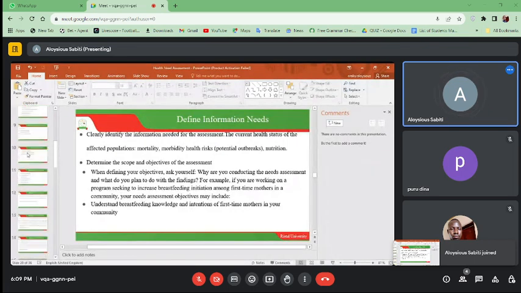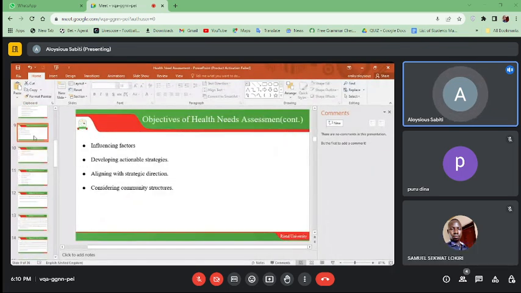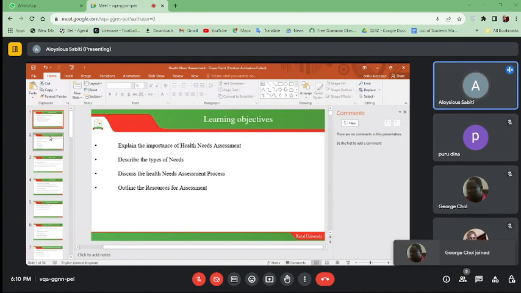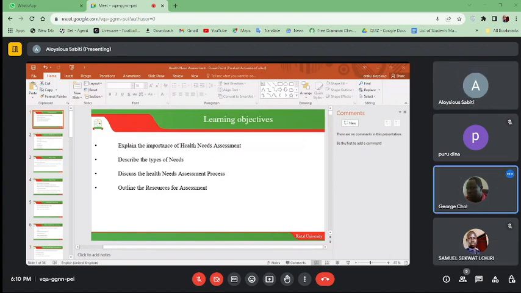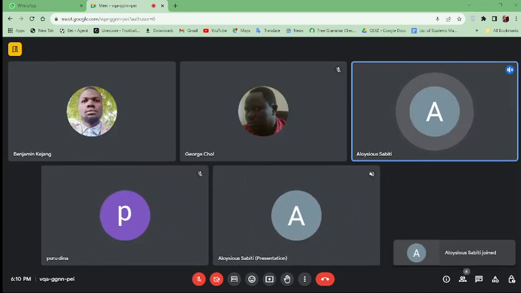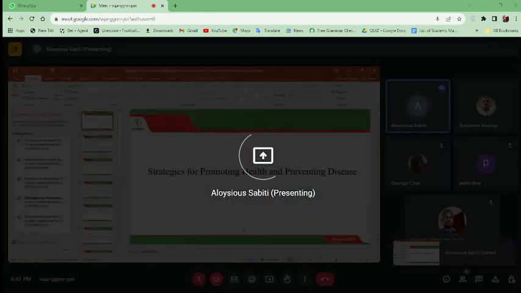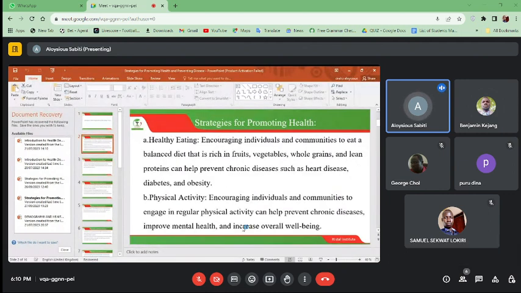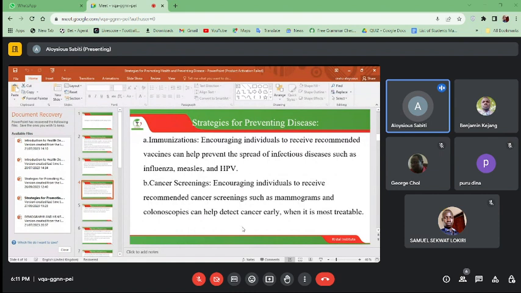And for the people who joined later, yesterday we were able to discuss aspects of health education, but also strategies for promoting health and preventing disease. And we went through healthy eating, physical activity, stress management, immunization, and cancer